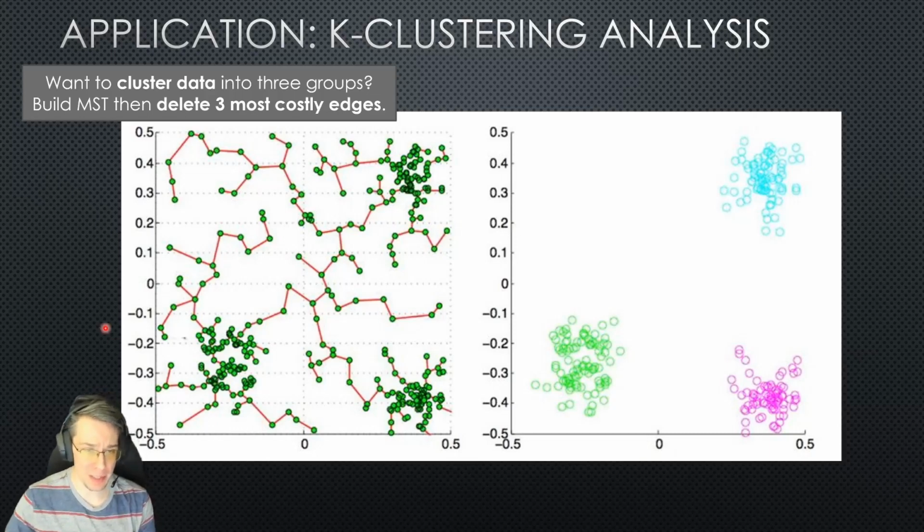But some of these data points are quite far away from clusters, and so maybe you want to additionally do some. If you're really trying to solve k-clustering, you might also want to think a little bit about outlier detection and whether there are some points that don't reasonably fall into any of these clusters. So by breaking 2 edges, you're going to end up with 3 clusters that contain all of the points. So you may additionally then want to consider which of my points are outliers and remove those, so I'm left with something clean like this on the right